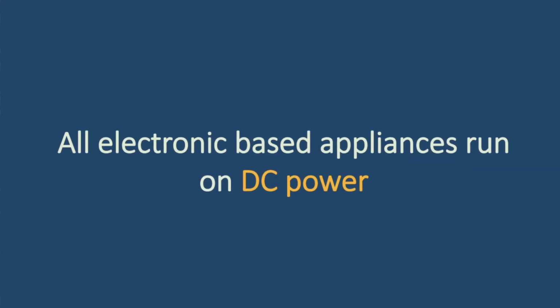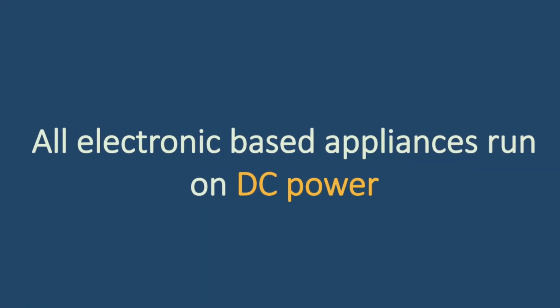And if you do not know, the core of all electronic appliances is always electronic components, which are transistors and diodes. And using transistors and diodes, people have made what are called integrated circuits. So if you open any electronic appliance, what you find inside is a lot of circuits and components. And all these circuits and components always run on DC power, always. So therefore, by default, they need DC power to operate, whether it is TV, laptop, computer or your mobile phone.